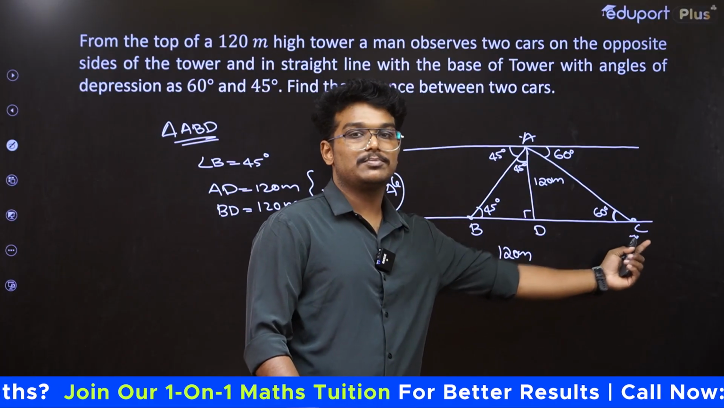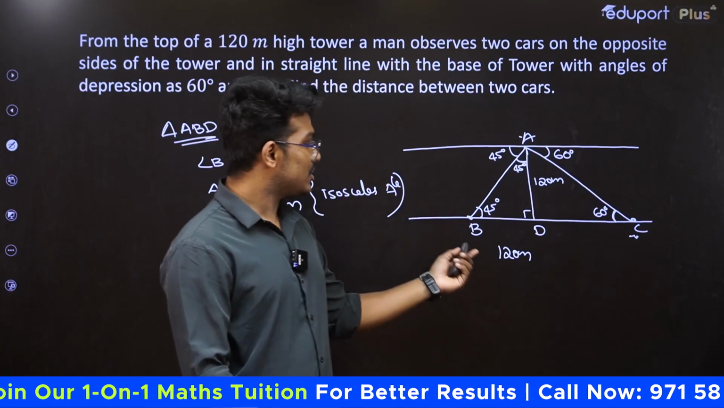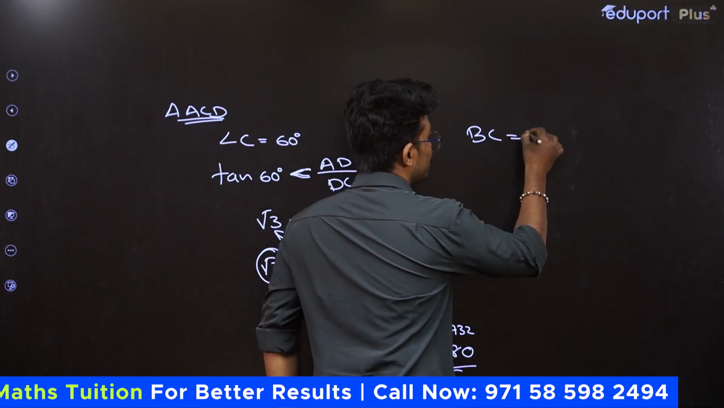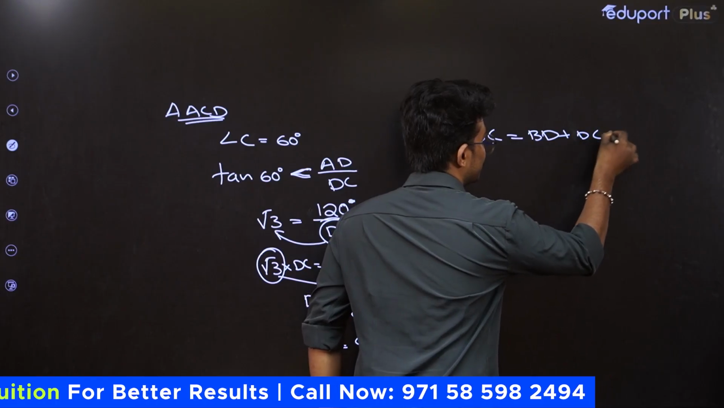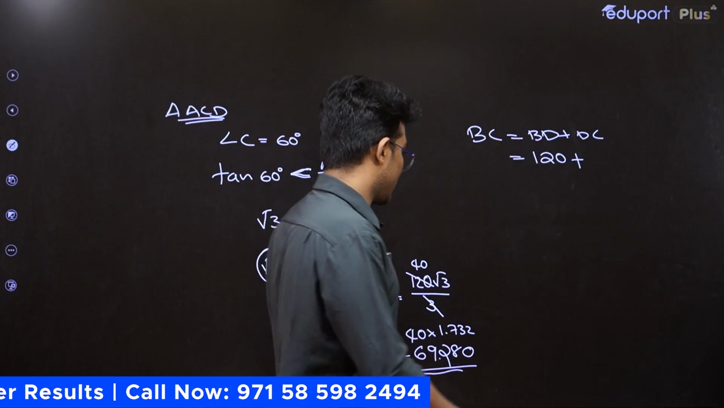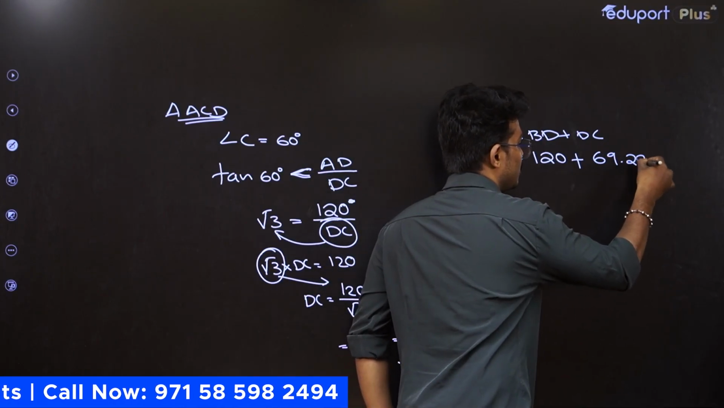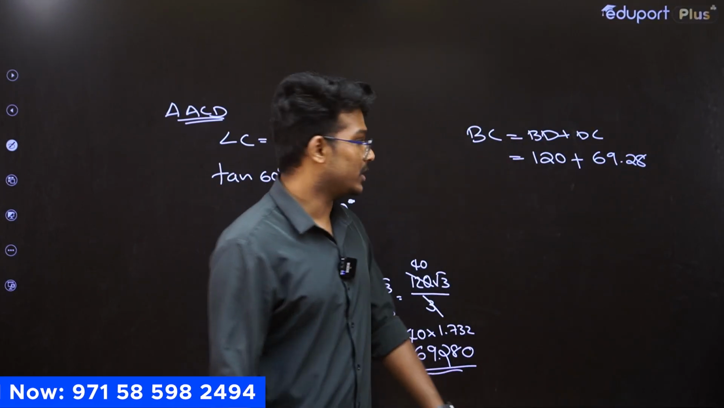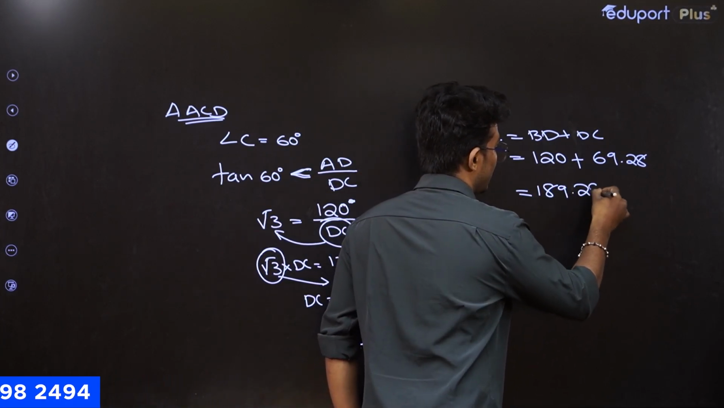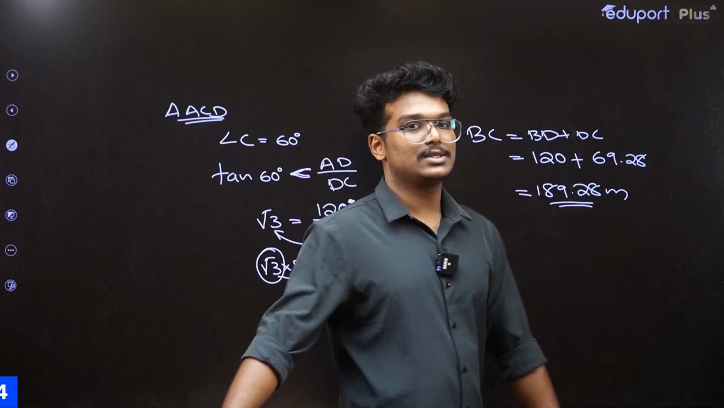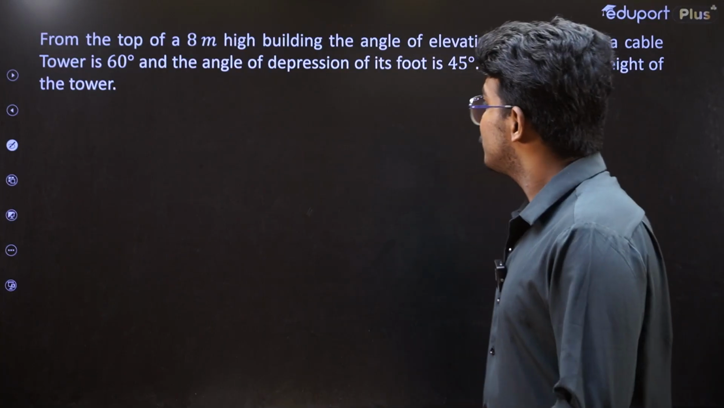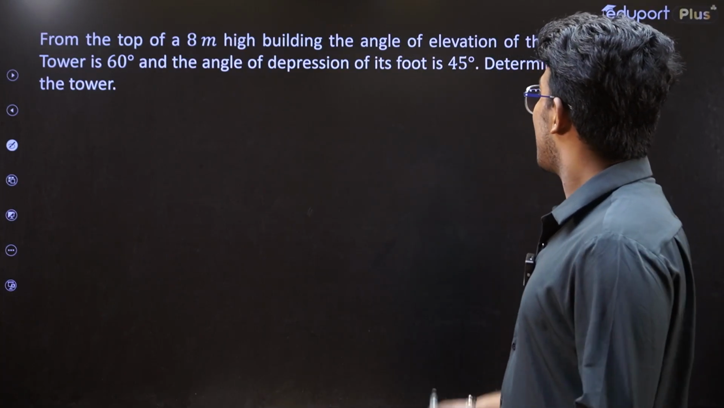Distance between two cars is BC. So BC is equal to BD plus DC. So BD, that is 120, plus DC, we got that 69.28. By adding this, we got the answer 189.28 meter. So this is the answer. Clear? So the next question is, from the top of a 8 meter high building, the angle of elevation of